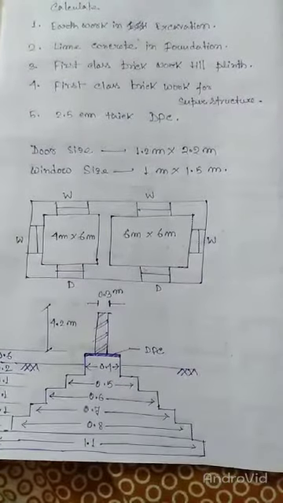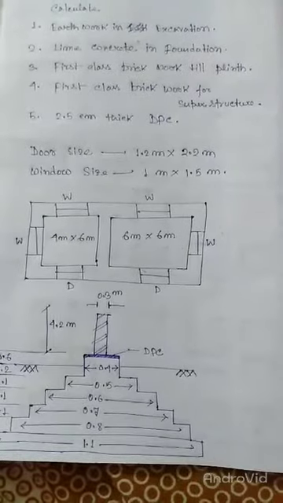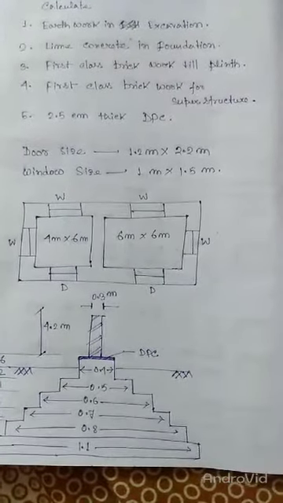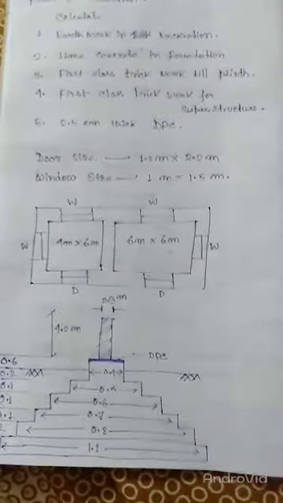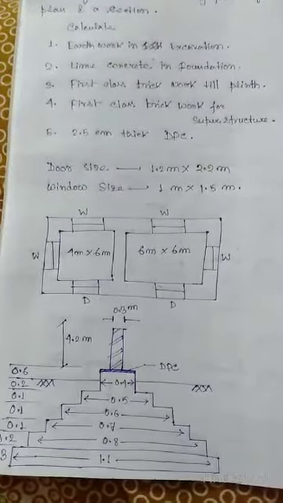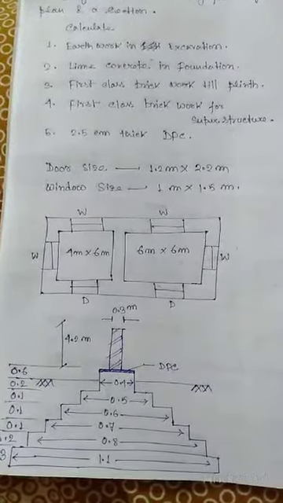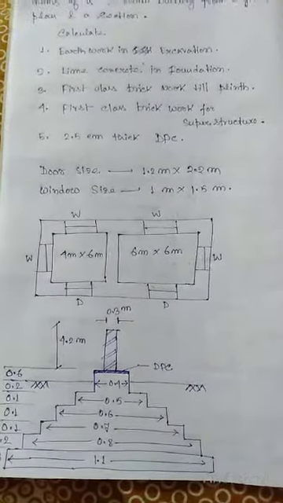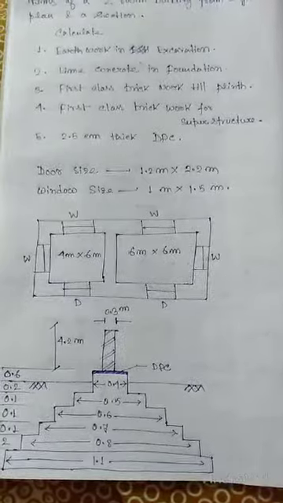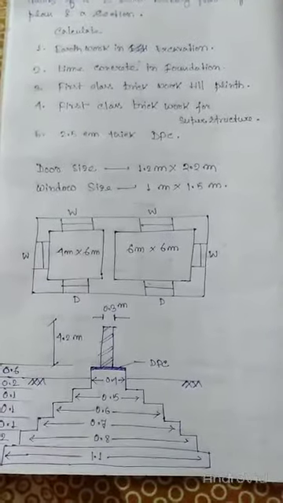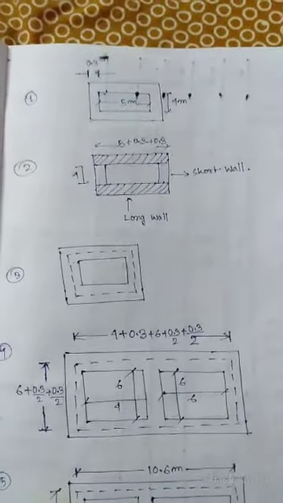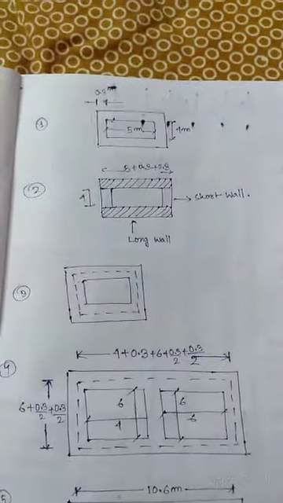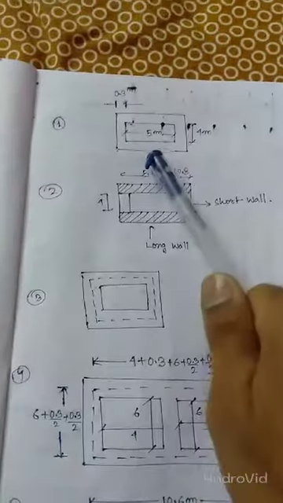After the plan and section, we have to do the estimation for each and everything. So the first one is earthwork in excavation. Here how much we have to excavate, we need to determine the quantity depending upon the plan. For the long wall, short wall method, any plan that is given, we have to convert it into long wall and short wall. So here we have a plan. If I consider one particular room, we want to convert it into long wall and short wall dimensions.